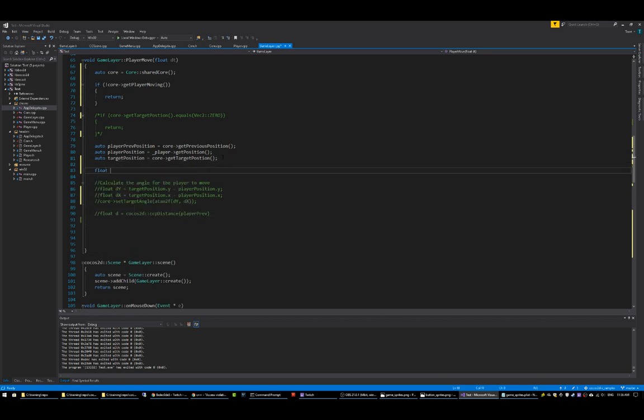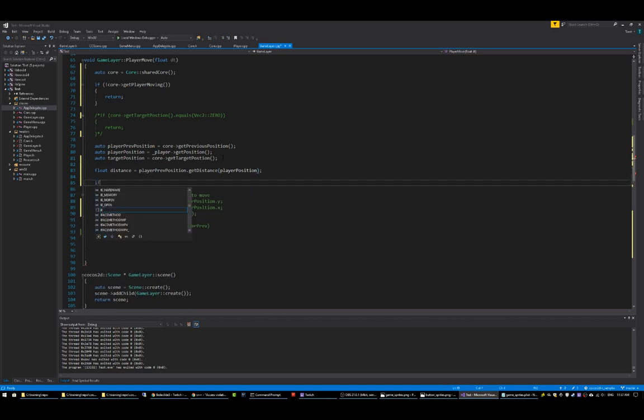Let's go ahead and define the distance between the player's previous and the player's current position. We want to see how far he had moved. So this is just kind of a bit of a sanity check. So player's previous position, get distance, and we want to pass in the player's current position. So just player position. I'm just going to have a little bit of a logic check here. If distance is greater than 10,